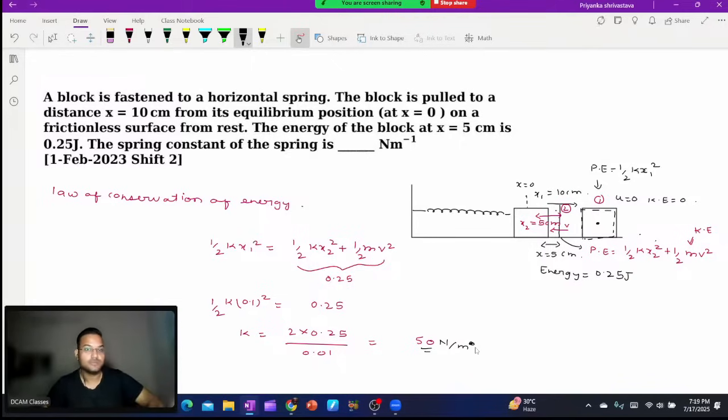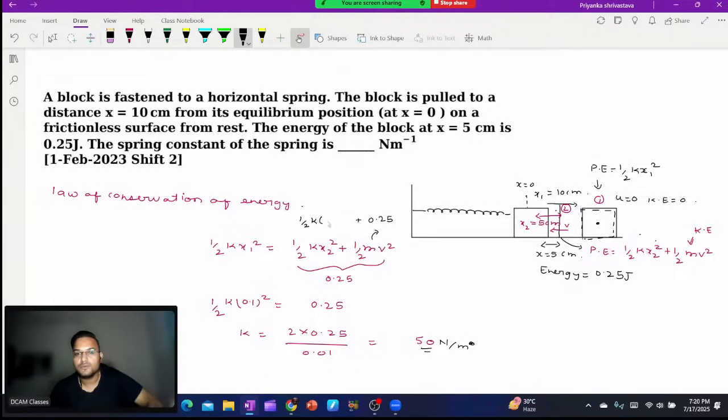तुमने ऐसे तो नहीं किया इसको कि कहीं तुमने जो टोटल एनर्जी ऑफ द ब्लॉक एट एक्स इज इक्वल टू 5 सेंटीमीटर जो दिया हुआ है वो काइनेटिक एनर्जी ले लिया? I think if we take this as kinetic energy, then we may get this final value. काइनेटिक एनर्जी मैंने 0.25 जूल किया. Let me check. If I take half mv square as 0.25 joule,